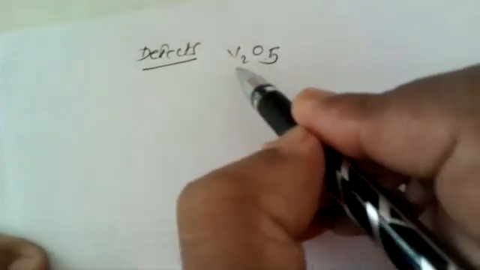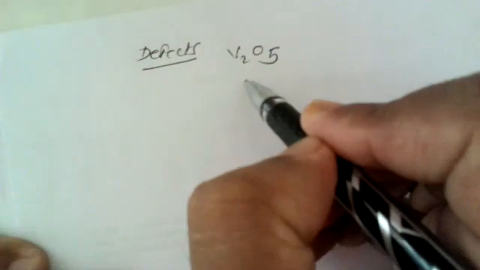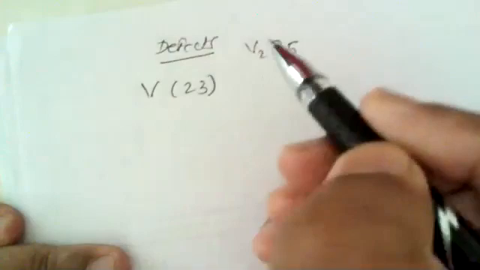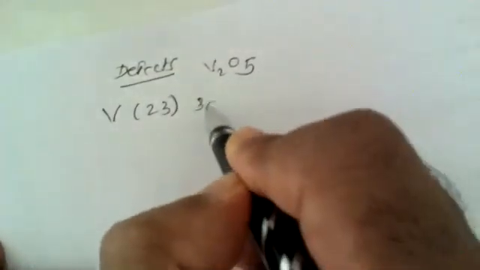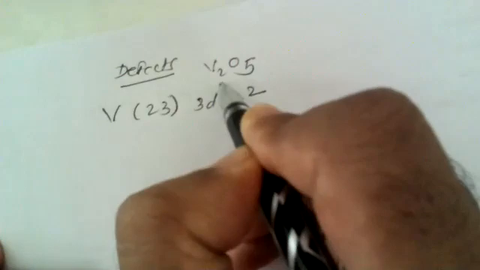Now, the third parameter: the color may also be due to defects in solid crystal structure. The best known example is vanadium pentoxide. To arrive at the oxidation state of vanadium in vanadium pentoxide, we have to see the electronic configuration of vanadium, atom number 23. In terms of argon core, it is 4s2 3d3.